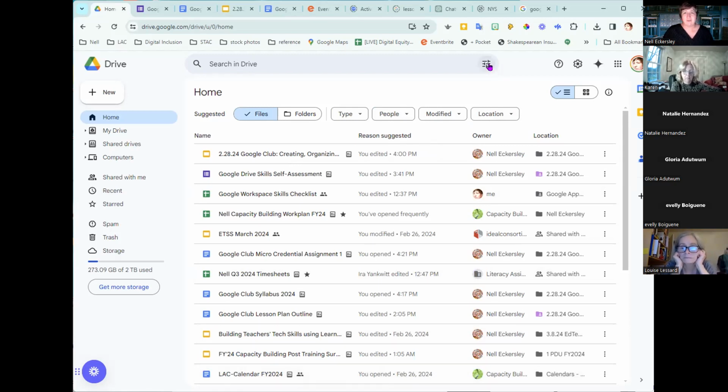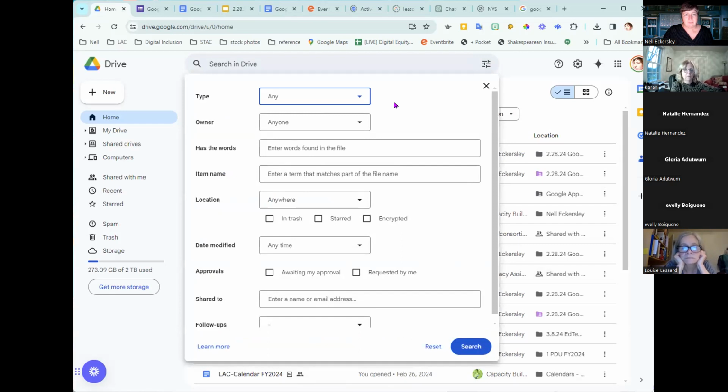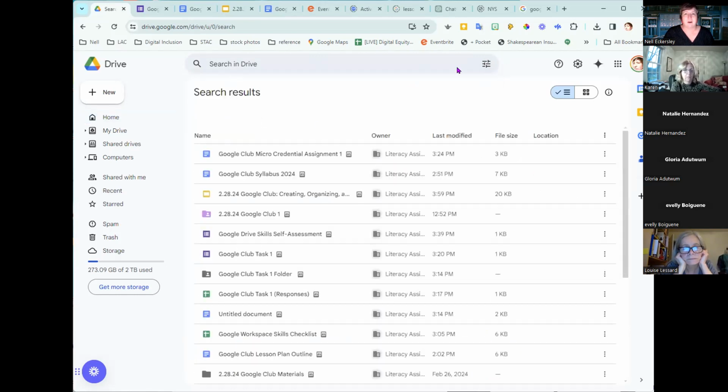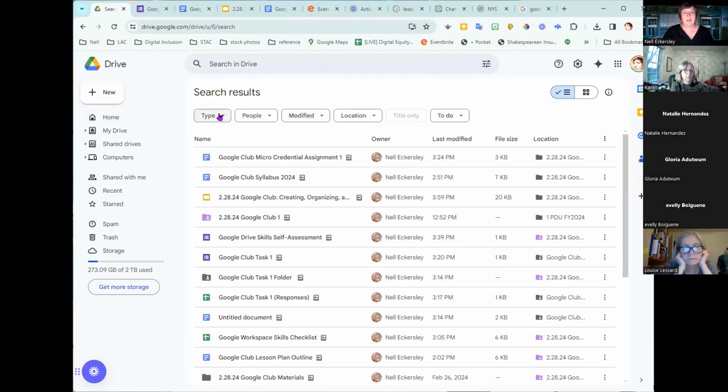There are additional filters up here, right? If you have a lot of memory about some parts of how to find the document, but you don't remember the document, you do have the filters up there. But these are the quick and dirty, what they think most people are looking for.